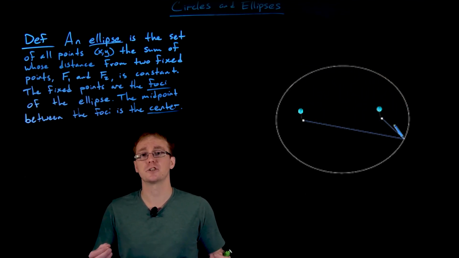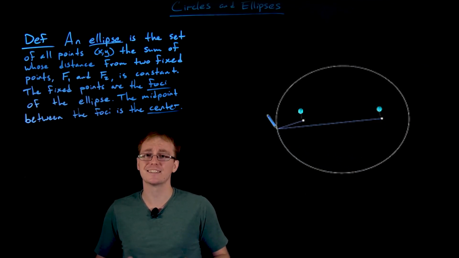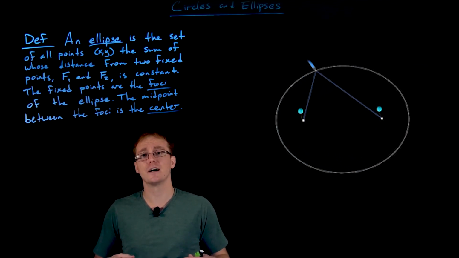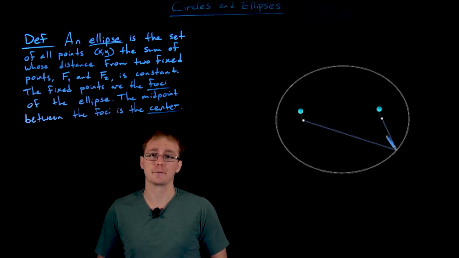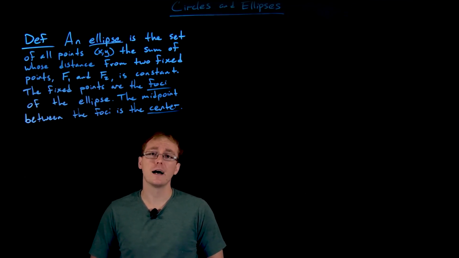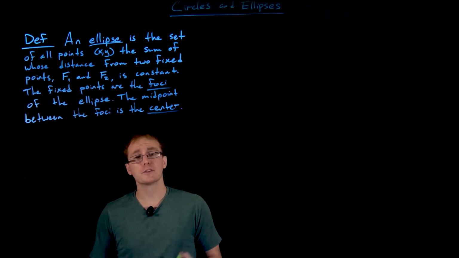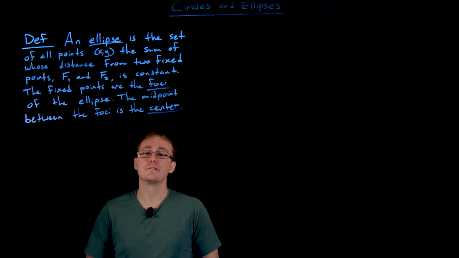So using something like a string and this argument that the sum of these two fixed distances is constant actually gives a really effective way to communicate how to draw this elliptical shape. And we aren't going to spend too much time looking at the applications of the foci of an ellipse here. But there are some really incredible physical applications that you can get into when looking at the foci of an